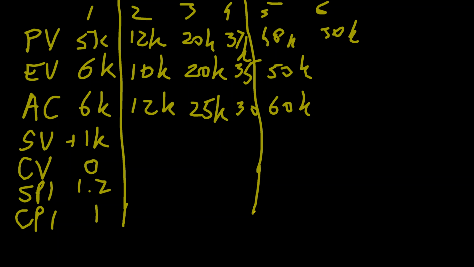SPI 6 divided by 5, 1.2, and CPI 6 divided by... सर सेकंड का SV -2K है। CV -2K, SPI 0.83 और CPI भी 0.83। अच्छा, वेरी गुड।